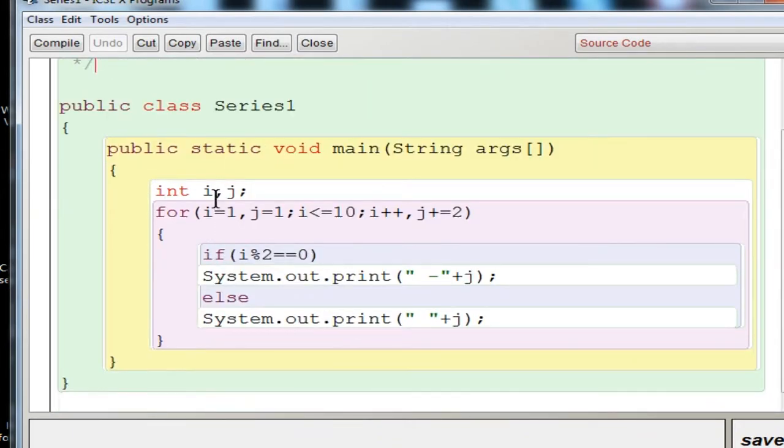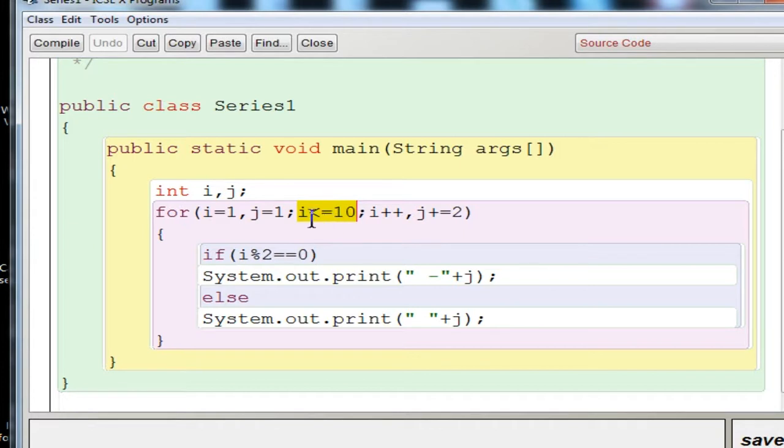Here I declare two variables, and in the for loop the initial values are i equal to 1 and j equal to 1. Why you need two variables is, the i variable is used to count the number of terms. So this i value will be executing from 1 to 10, so it executes 10 times.